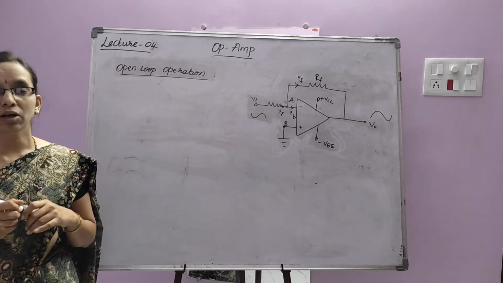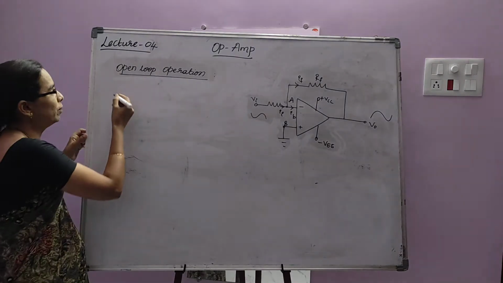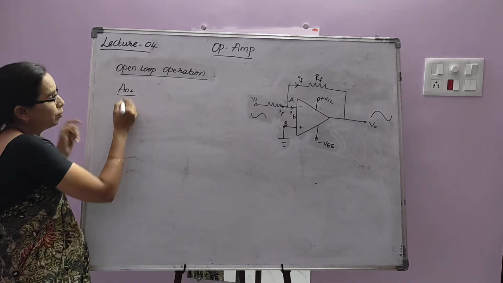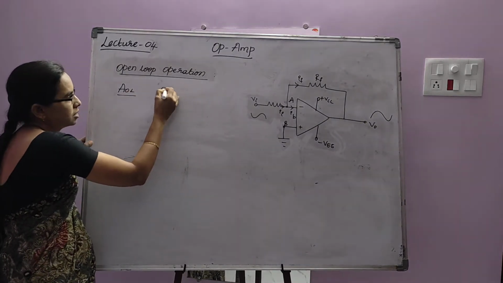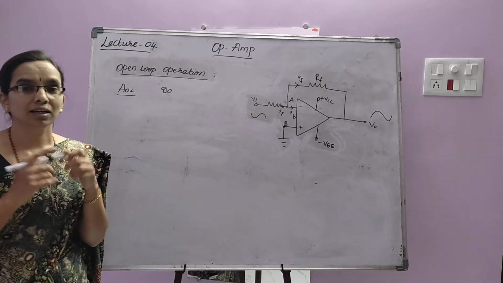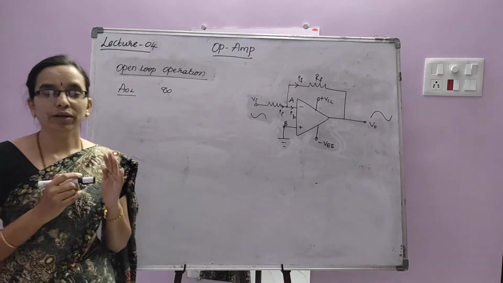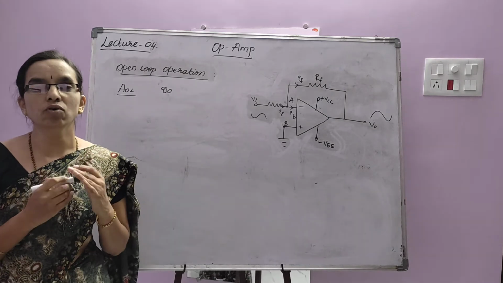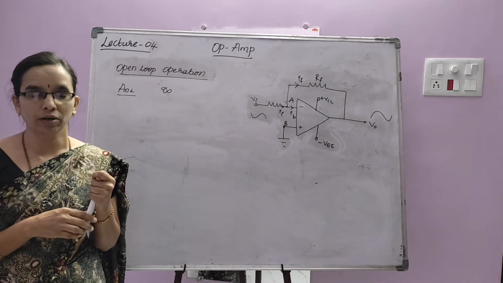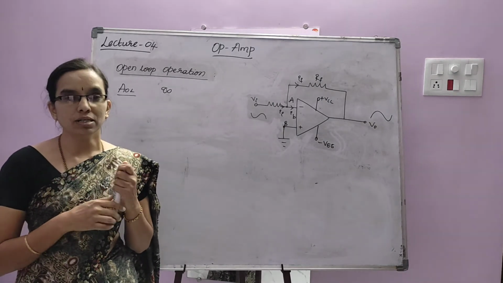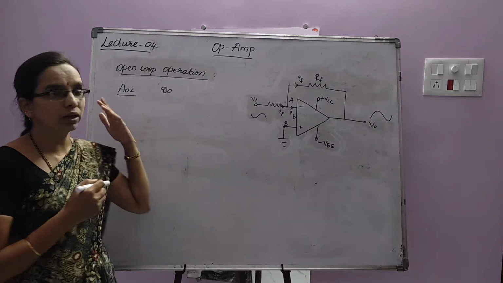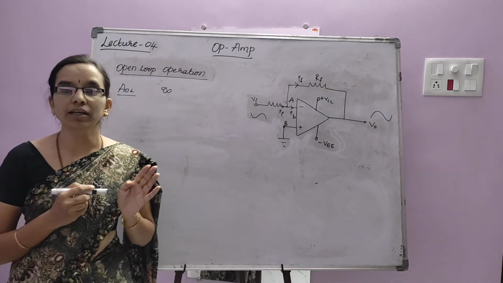We know that op-amp has a very high open loop gain. Ideally speaking, the open loop gain of an op-amp is infinite. So, op-amp can amplify very small value signals or low voltage signals when it is operating in open loop mode, because it has very high gain. Let's forget about ideal. Practically, it will have very high gain.